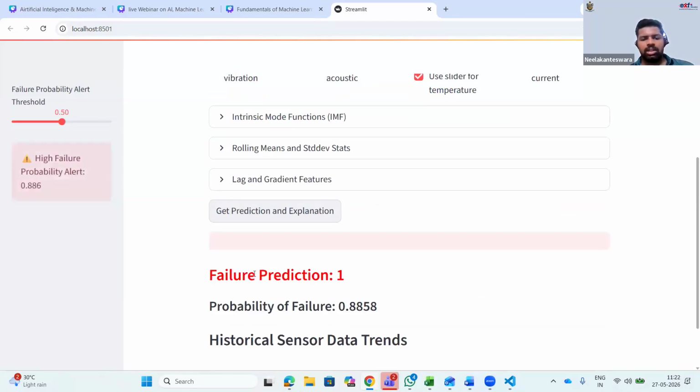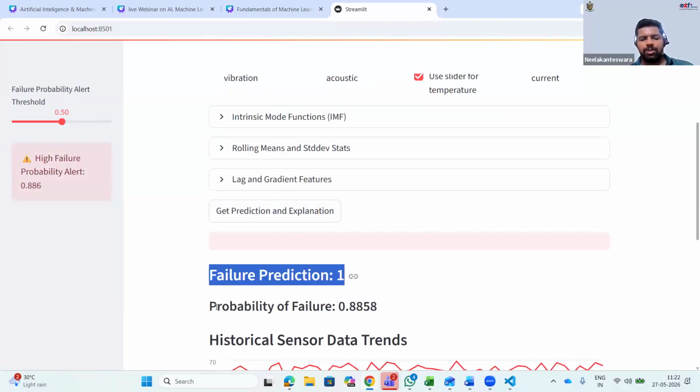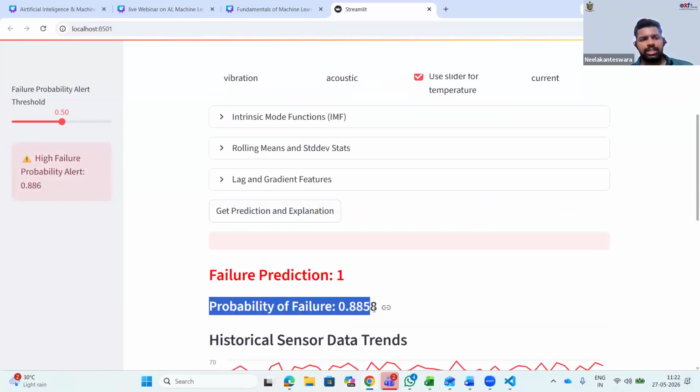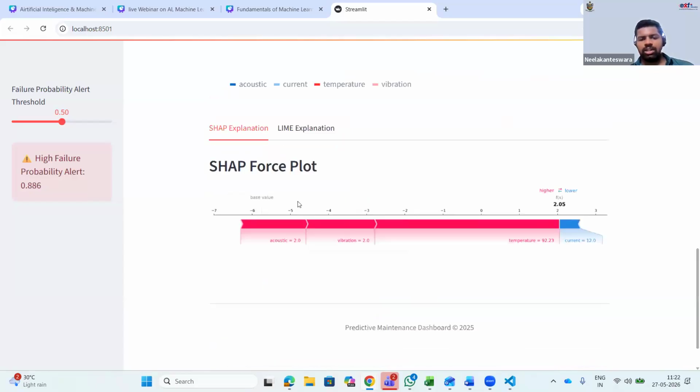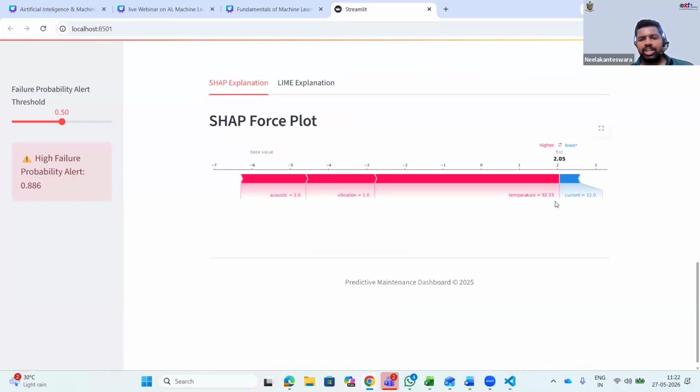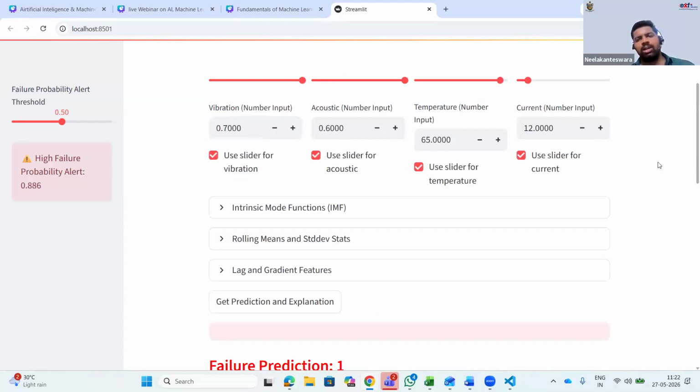Okay, so here the prediction is a 1, and the failure probability is 0.8858. Here the acoustic, vibration and temperature are pushing toward the failure, and the current is in the normal situation, but these things are pushing toward failure. That's why it gives the explanation, and based on those things we can take action.